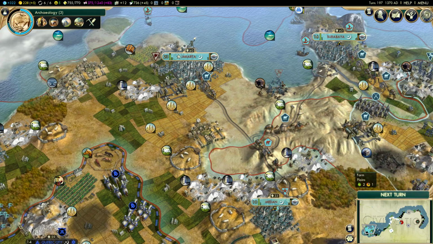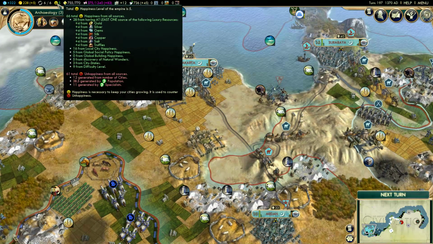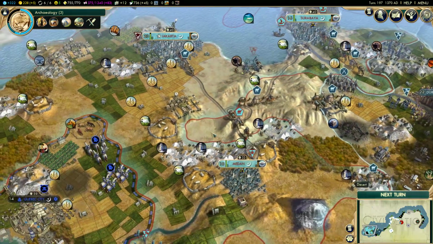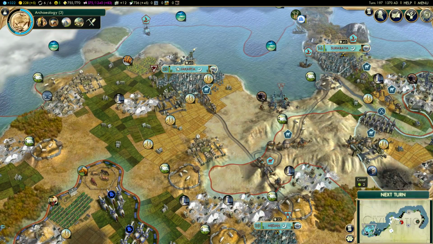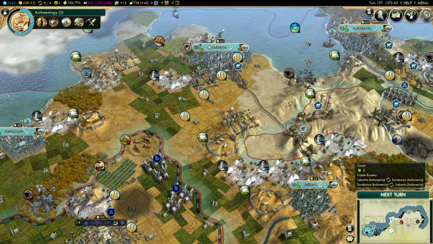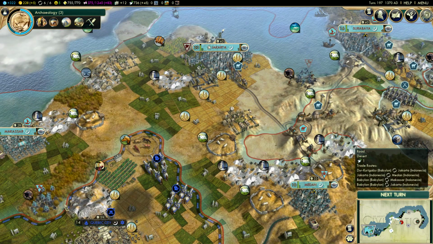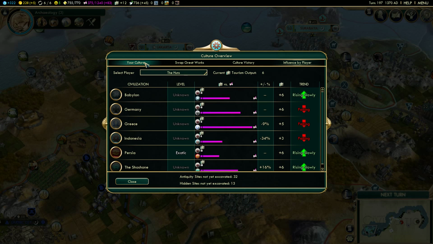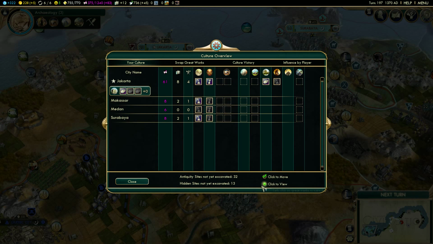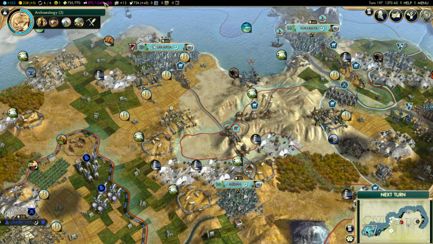Get more happiness wherever you can, and when you are at around 20 you should be secured, unless you are in conquest mode, and well, that's a completely different game of course, but that's not the point of this video. Then finally the question of when to switch, but you should be able to answer this for yourself now.